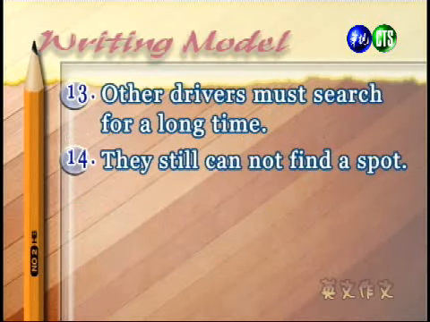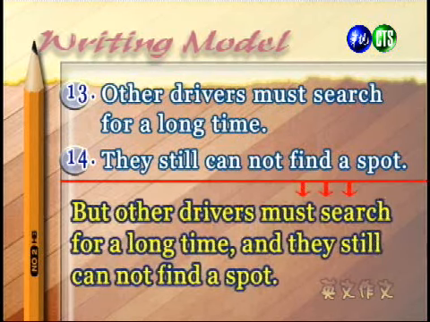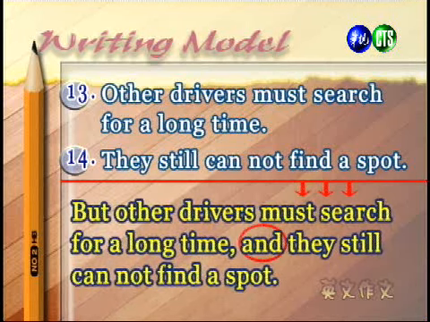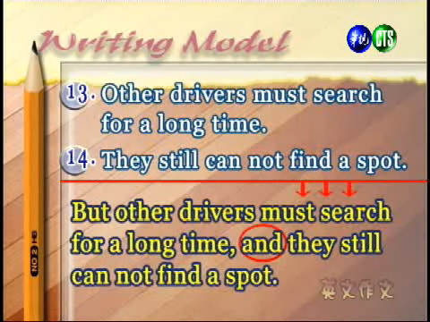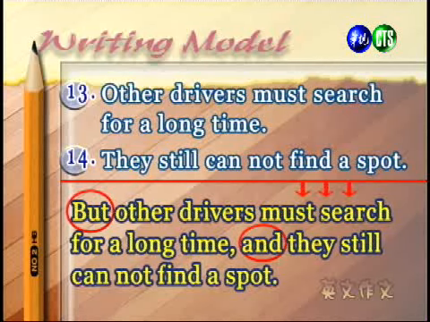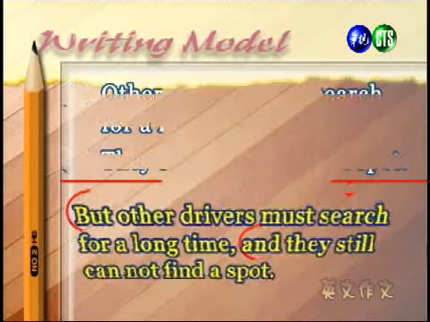All right, let's quickly look at our next sentences. We combine 13 and 14 together, we end up with this sentence. But other drivers must search for a long time and they still cannot find a parking spot. 好，我们把例句13、例句14做个合并那我们会得到下面这个句子。但是其他的驾驶必须要花很长的时间来寻找，却经常无功而返。